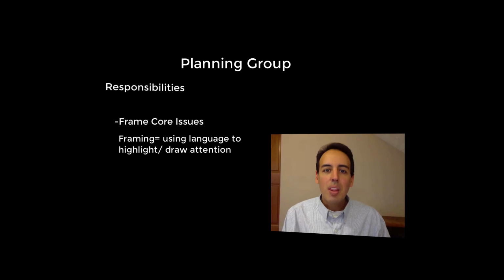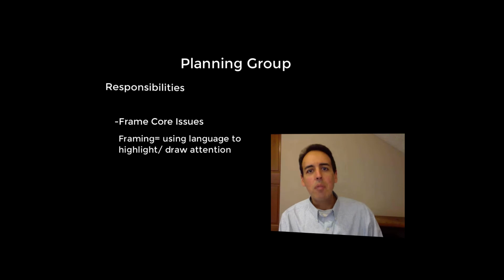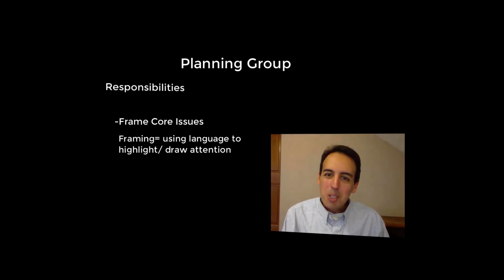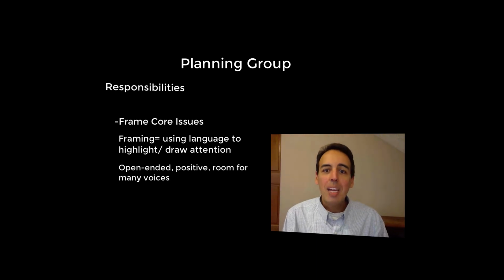For example, rather than frame the issue as, the purpose of our study circles effort is to find ways to problem solve youth and their parents, you would do better to frame the issue first as an open question and second in a way that opens space for many voices. Something like, what are different factors in our community that should be addressed in order to carry out effective juvenile justice efforts? Now, this isn't a perfect framing, but the idea is that you're trying to be intentional about opening up spaces for multiple voices because there are multiple voices in your community.